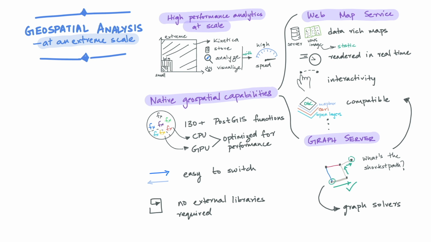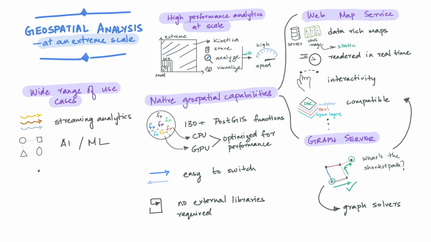So far, we've only scratched the surface in terms of the types of geospatial use cases that are possible. One of the key strengths of Kinetica is its ability to bring a lot of different capabilities onto a single platform. This means that we can solve complex geospatial challenges that require blending of different types of approaches without having to move data between different platforms and vendors. This has enormous benefits in terms of scalability, ease of use, and performance.